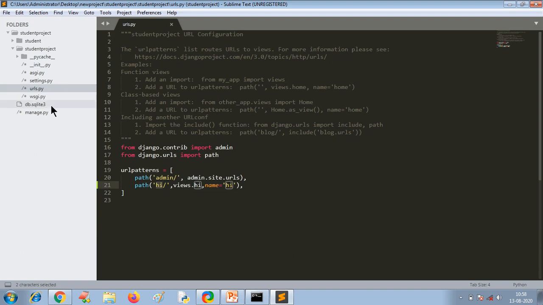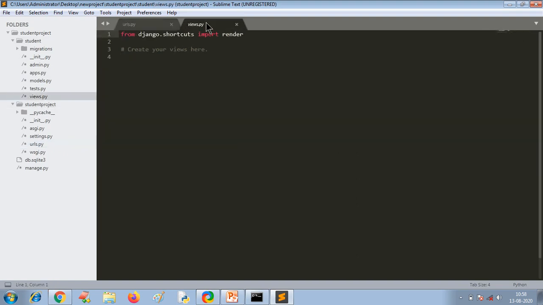Now you go to the app, the student app. You see one file is there, views.py. Here you need to define that function. What is the function? Define hi.